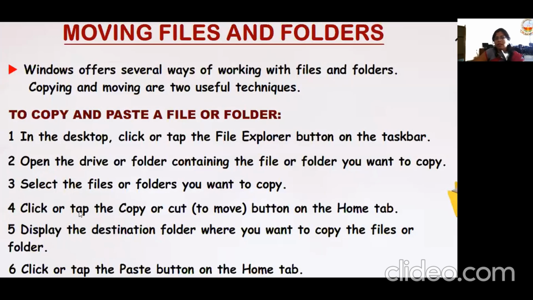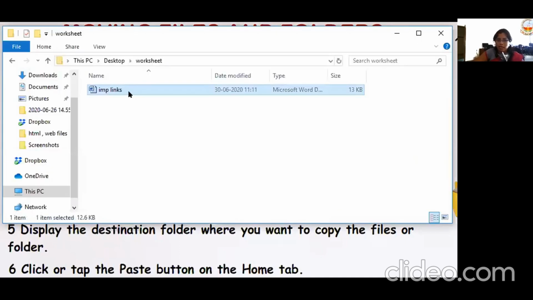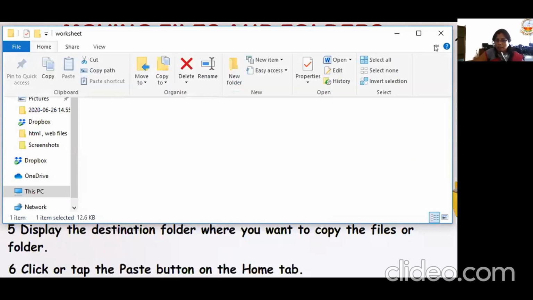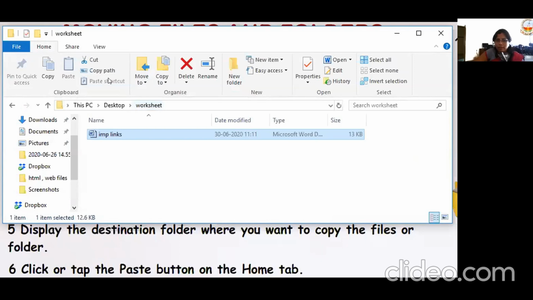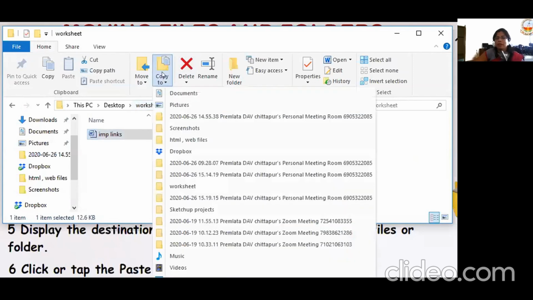Then click or tap the copy or cut move button on the home tab. I have selected it. Now I have to click on the home tab. This is my home tab, and I have something called copy. I'll just copy. Yes, I have copied it.